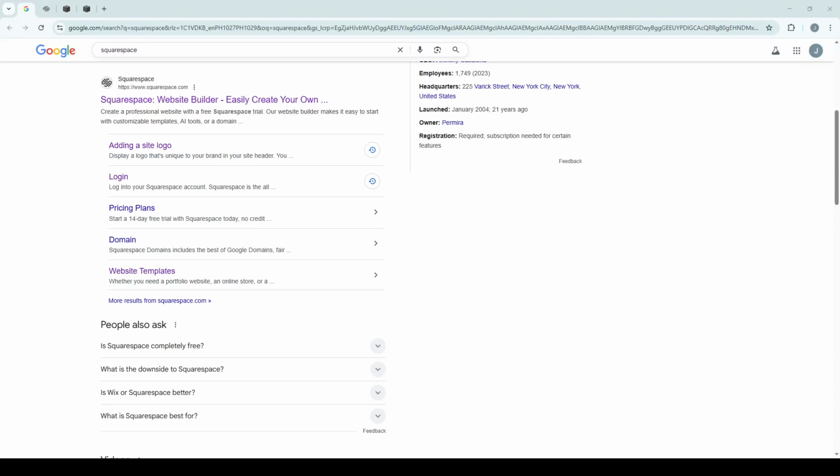In today's video, I'm going to teach you how to embed Jotform in Squarespace. If you've ever wanted to incorporate customized forms into your Squarespace website seamlessly, this quick guide is for you. Whether you're a seasoned web developer or just starting out, this process is straightforward and will be completed in no